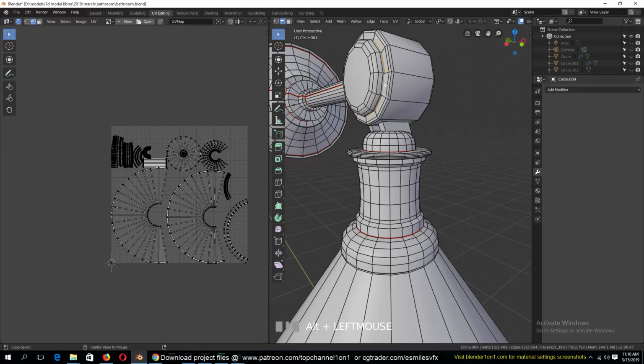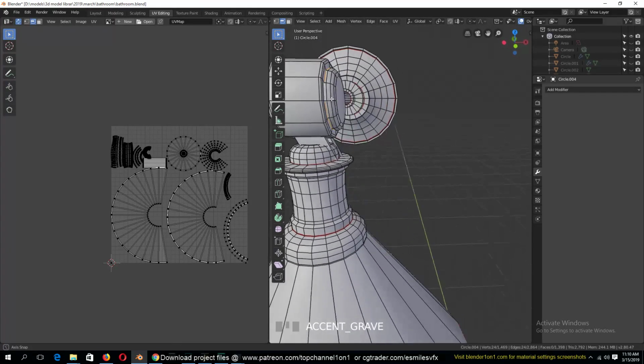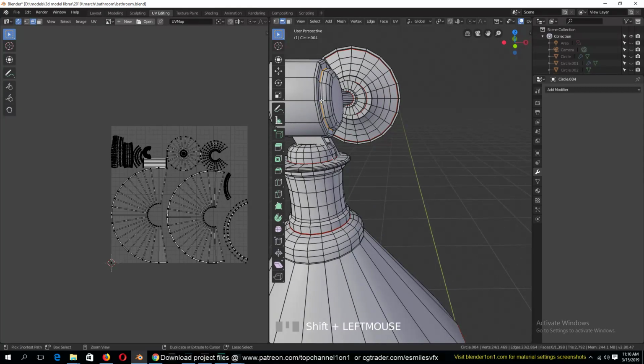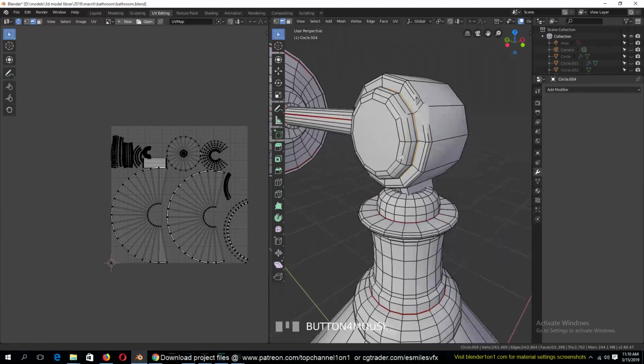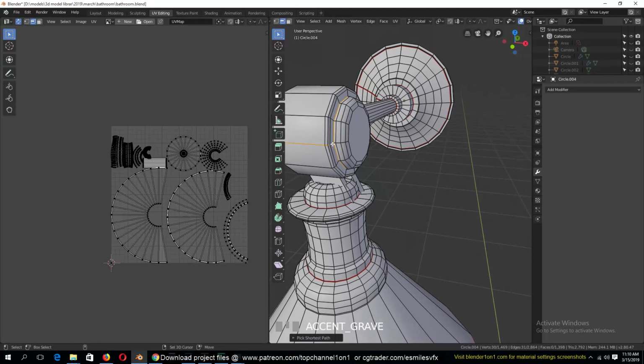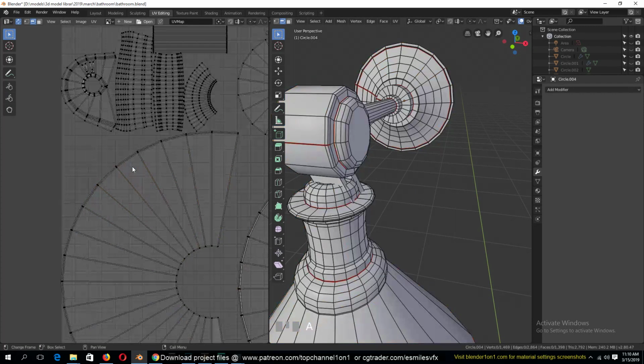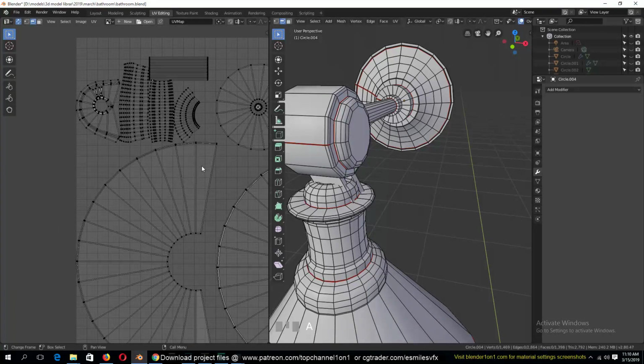Add a seam around there, and then from there to there, maybe just disconnect it there, and then unwrap. Yes, so